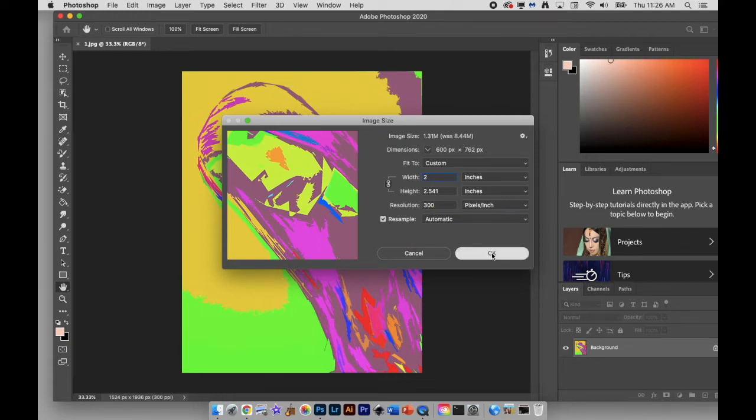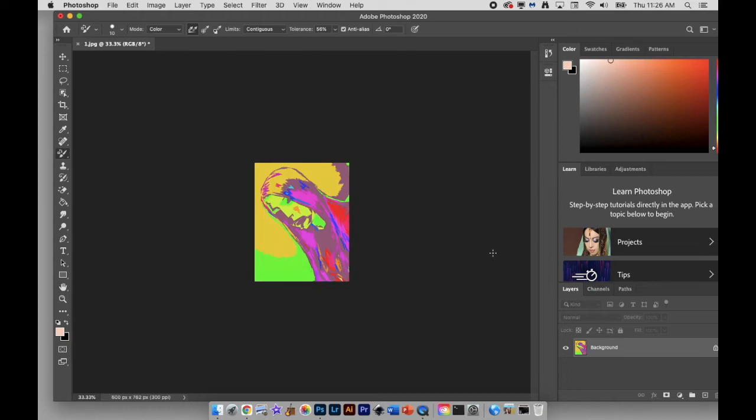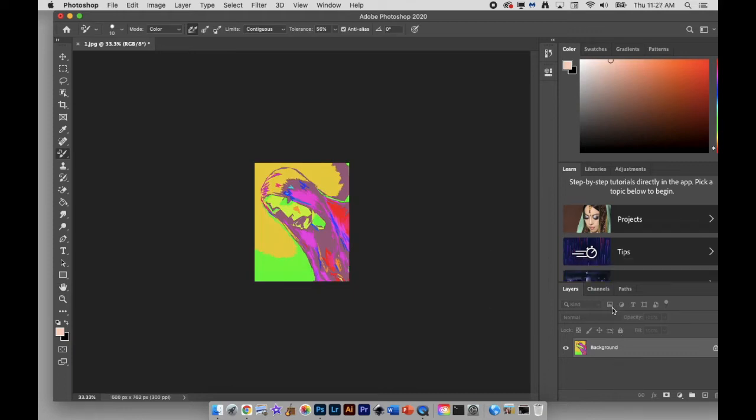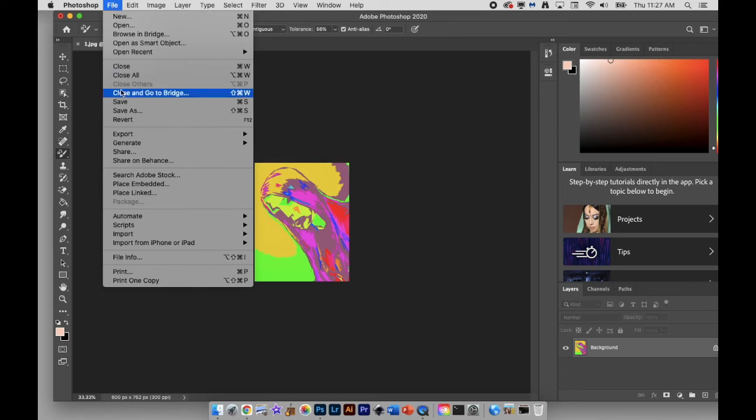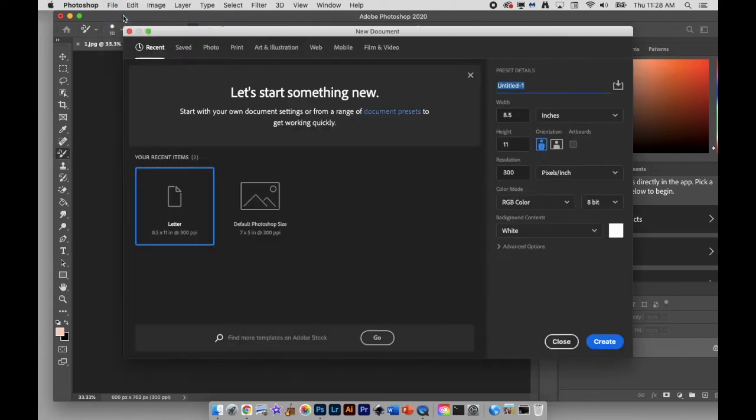Next, once you have the size resized to 2 by whatever the other size is, for the small ones, you need to double check that you have everything on one layer. If it isn't, then you need to flatten the layer, and we can discuss that if that's something that you need to do. It's underneath the layers palette, and you have to pull down the layers palette and then flatten the layer. Once it's flattened, then that means that everything is going to be on the same layer, and then you should be able to just go in and select the picture that you want and put it onto a